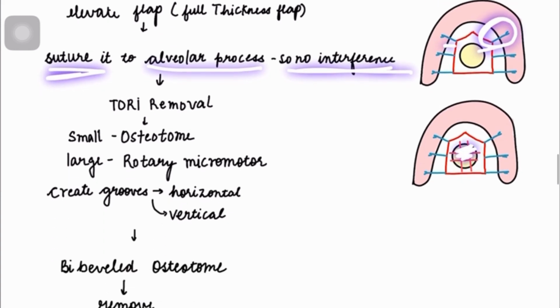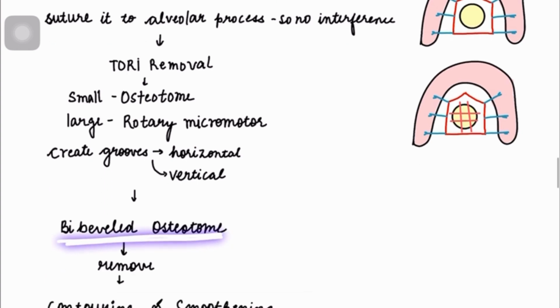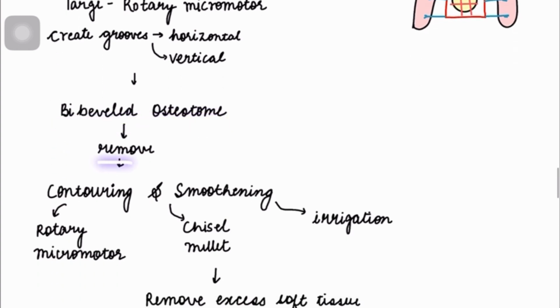Then this tori is removed. If it is small, then we use an osteotome, and if it is large, then a rotary micromotor is used. So we create grooves. Horizontal grooves as well as vertical grooves are created with the bi-beveled osteotome, and this tori is removed. Then this part has to be contoured and smoothed with a rotary micromotor or chisel and mallet, and